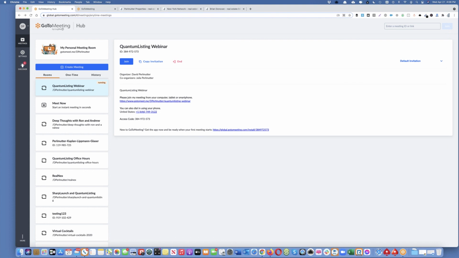We had a guy in Greenwich, Connecticut, who had a landlord, and he's saying, when somebody types in "Greenwich Avenue retail for lease," your listing from QuantumListing shows up. But if they just do "Greenwich retail for lease," it wasn't showing up. So we said, well, why don't you switch it to "Greenwich retail for lease"? And within a week, he showed up on the first page of Google, and we've seen it time and time again. Doing things like that, even if it might be counterintuitive and somewhat boring,